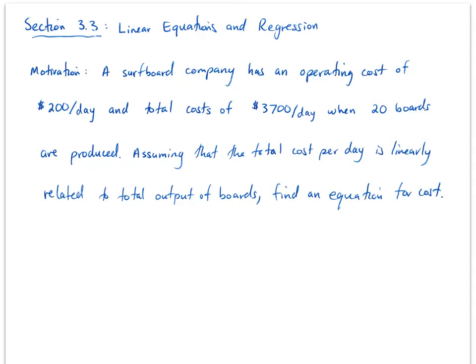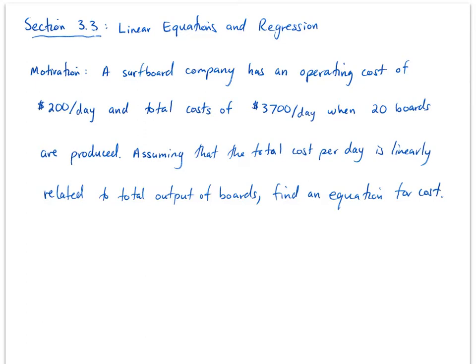On Monday we talked about the definition of a function, and in this section I want to give you an example of a simple linear function, or what we'll define as a linear equation. So here's the motivation. A surfboard company has an operating cost of $200 per day and total costs of $3,700 when 20 boards are produced. Assuming that the total cost per day is linearly related to the total number of output of boards, find the